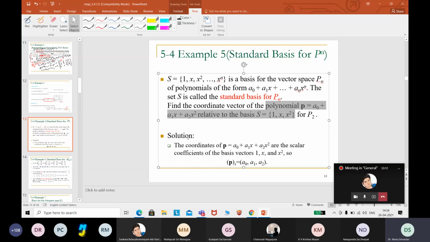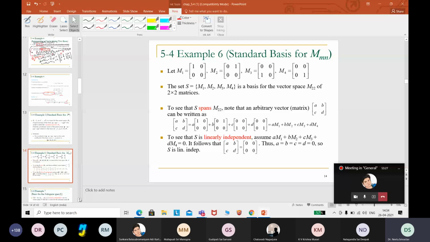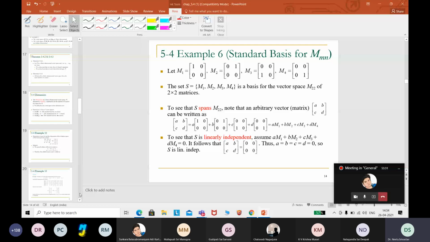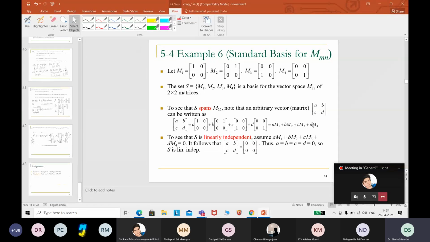Okay, so based on these exercises, just try till example number 5. Tomorrow we'll do example number 6, 7, and tomorrow we'll try to finish this basis. So your test is on Friday. It's fixed, and your portion for the vector spaces test will be till basis. So I will try to finish basis completely. Okay, any other doubt? If you have, you can ask me.